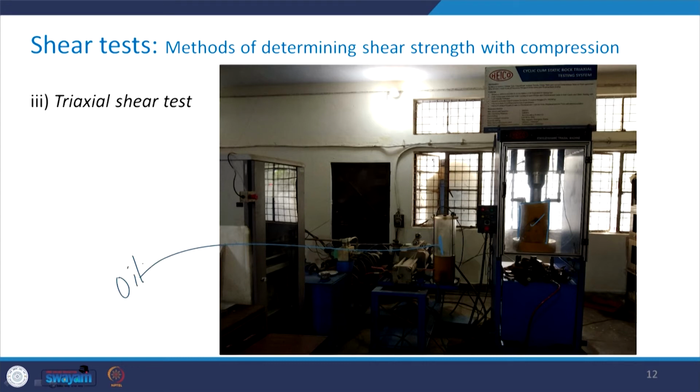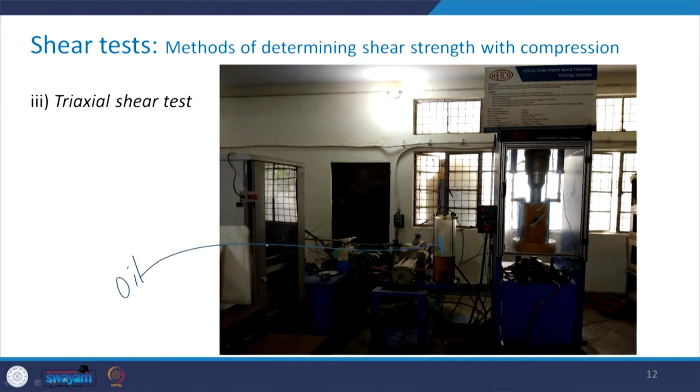So, with the help of the arrangement, this oil is passed to this cell where the rock specimen has been mounted, and this oil is used to maintain the confining pressure which is required to conduct the test. And then this whole assembly, although it is not visible here, is connected with a computer system, because this machine is a servo controlled machine where you just apply the confining pressure and then you start